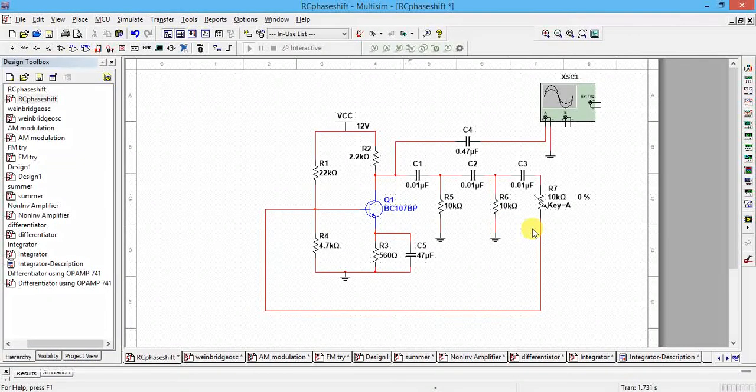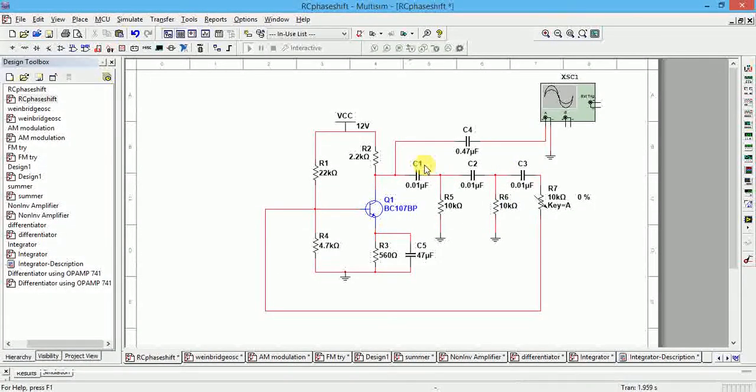the resistors. And the frequency of oscillation in the RC phase shift oscillator is decided by this RC: 1 over 2 pi RC into root 6, where 3 RC stages are used. So the operation I will explain for the RC phase shift oscillator, or the ladder network. We are using the transistor in the common emitter configuration. So this amplifier provides a phase shift of 180 degrees. The condition for oscillations is that the total phase shift must be 360 degrees. So the amplifier already provided 180 degrees phase shift.